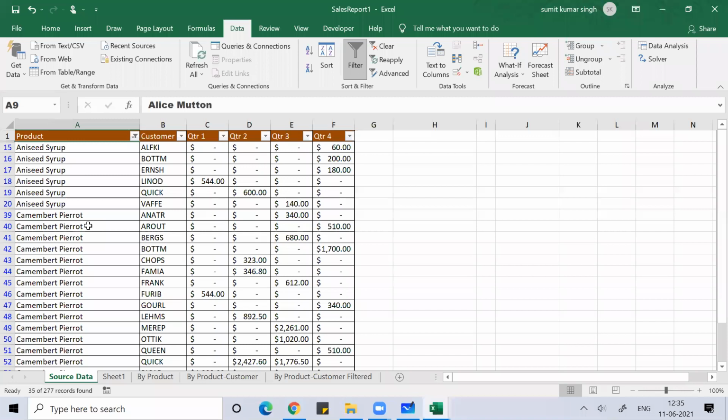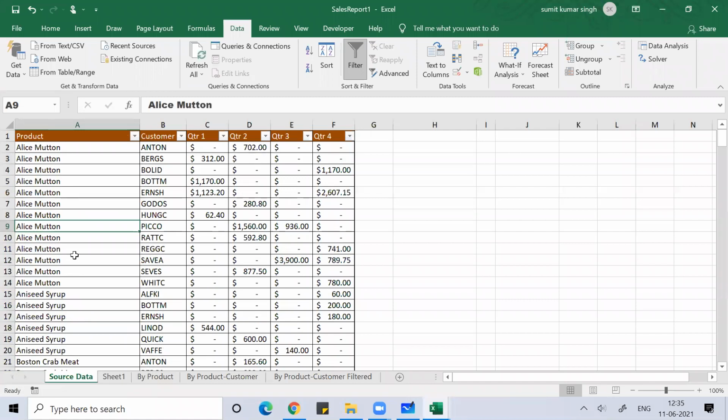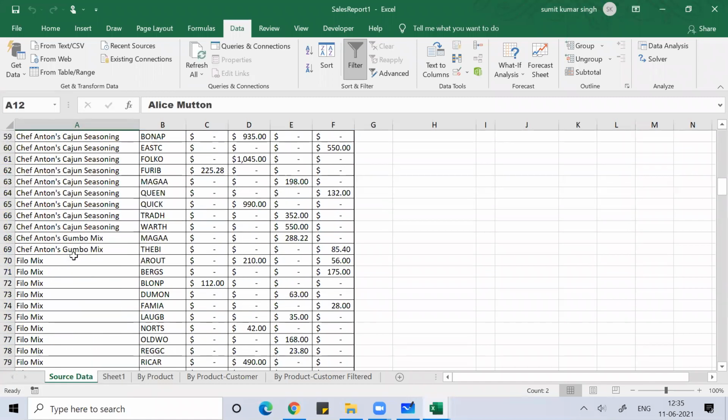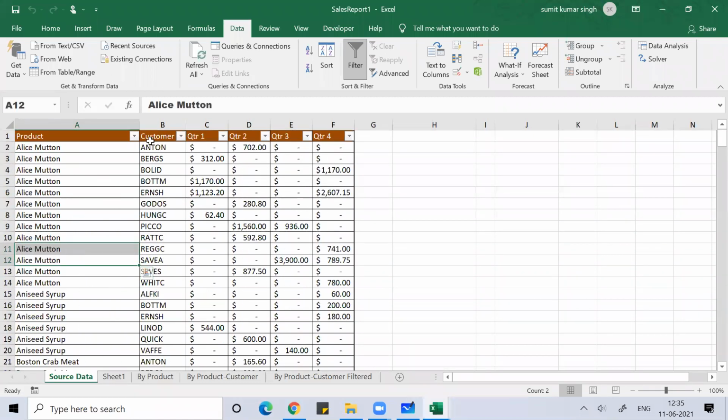Understood, everyone? That is how this key works. Filter, very important for your interview purpose. Again, click on select all, press OK. So now everything becomes visible. It is one of the very common functions we use, because tomorrow when we work in corporate, we'll work on a lot of data. When we work on so much data, filtration, pivot table is there and all. We'll discuss. If you have a pivot table, you don't have to do all this.